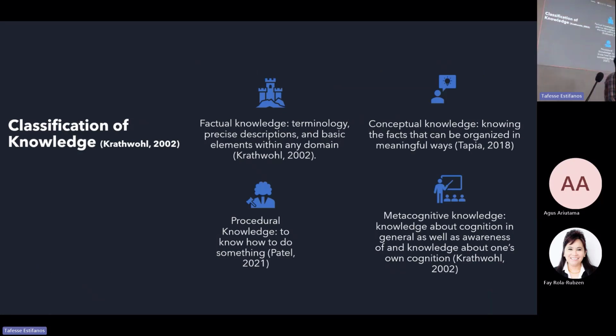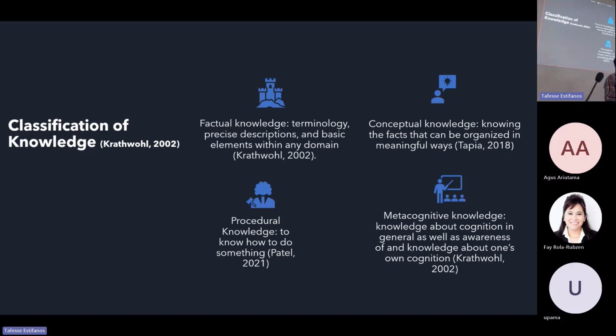The knowledge is very widespread, and people have defined knowledge in different ways: it could be formal, informal, or non-formal. But I found the Carter classification very relevant to my work, because Carter classified knowledge in four different ways. He also proposed the modified Bloom's taxonomy: factual knowledge, conceptual knowledge, procedural knowledge, and metacognitive knowledge. So if someone wants to have better knowledge of something, they should have all these ideas